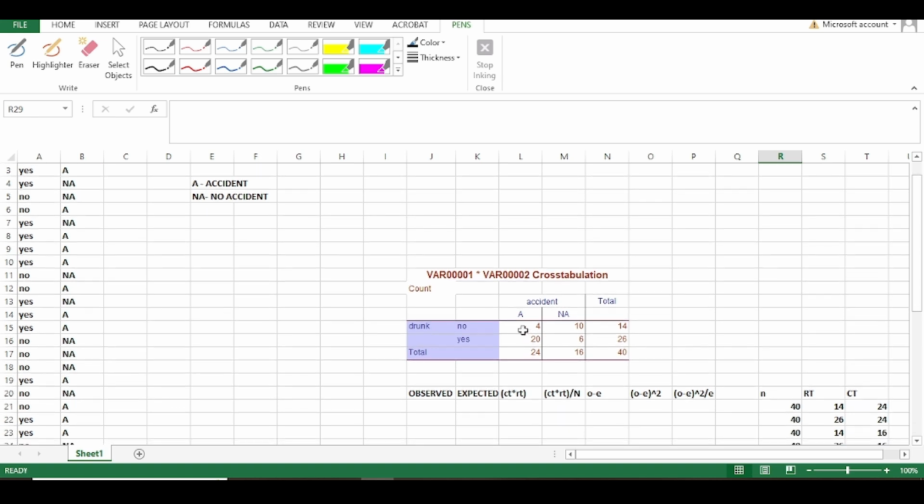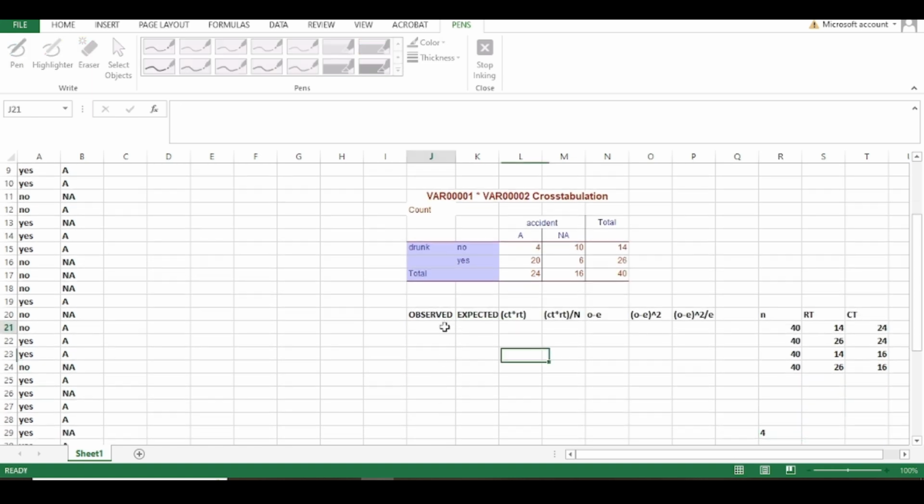Now these are all observed frequencies. So we will type all the observed frequencies: 4, 20, 10, and 6. Now in my previous video, I told you that we have to calculate the expected outcomes. Okay, so for calculating those expected outcomes, we have to go through certain calculations,